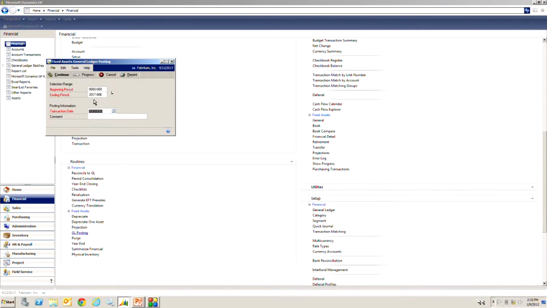I'm going to use 2017, and I'm going to post through June. So you can see how I have that specified here. June, the 6th month, I actually have 3 characters that I fill in there, 006, and then the transaction date, I want that as June 30th, and then I can fill in a comment if I want to. So now I'm just going to continue, and what this is going to do is go through and